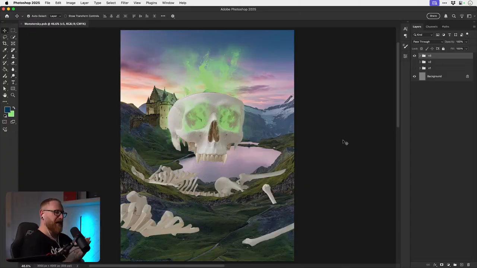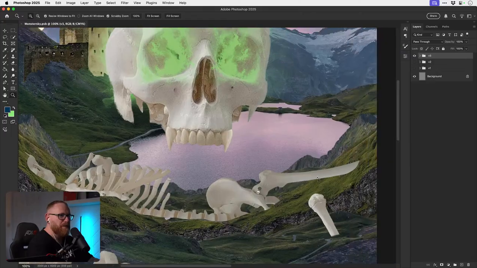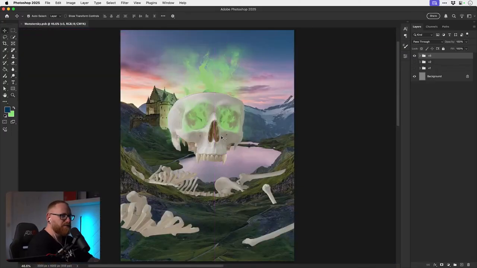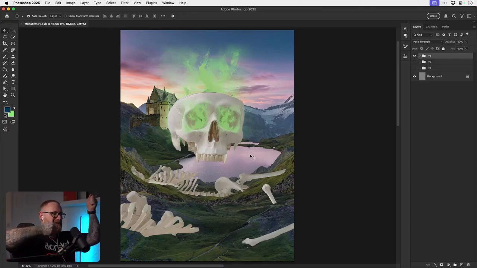So that is the challenge, as you can see what I'm doing here, to be as creative as you can with the limited image set. It's a really good test of creativity as well. There's so many infinite ways that you can chop up these images. Like you could take all these ribs, cut all these bones out, and make a little bone hut in the middle of the lake with bones as the struts holding it up, and you could do anything. You really can.